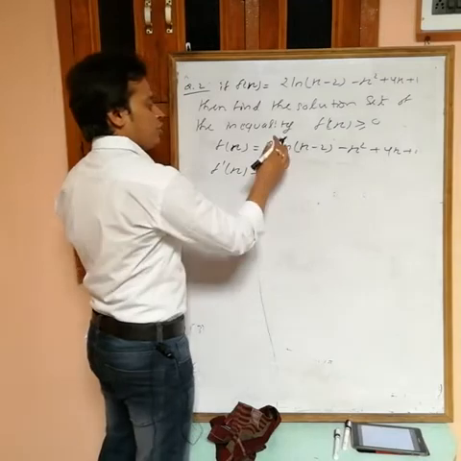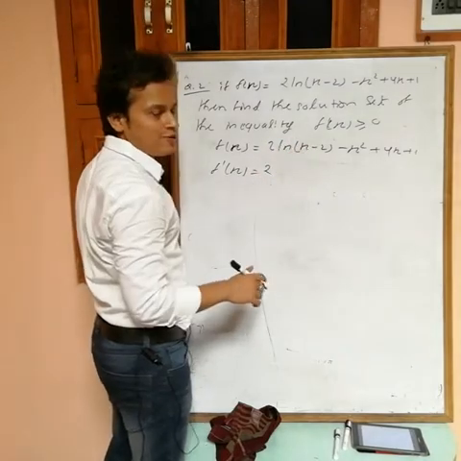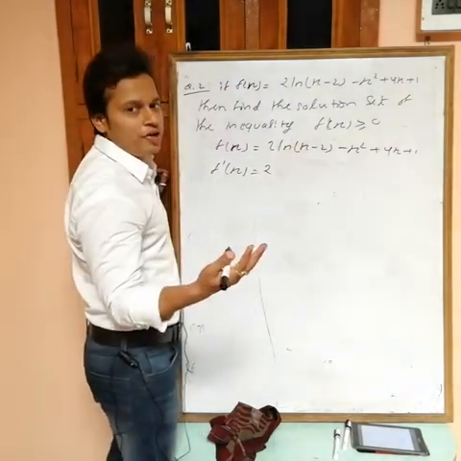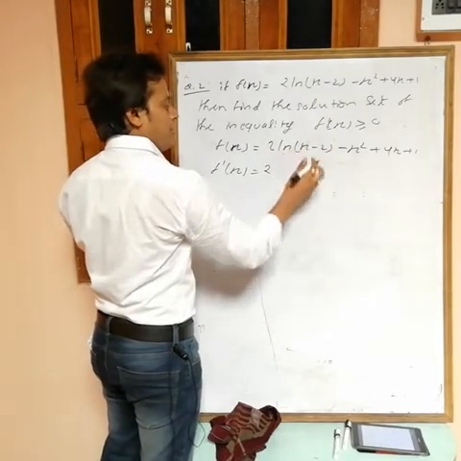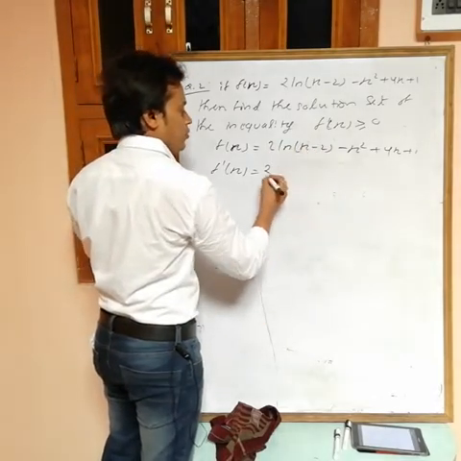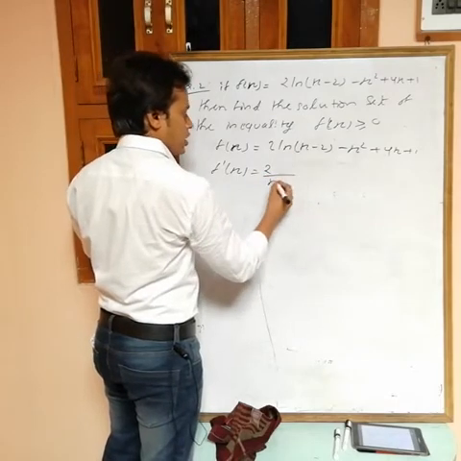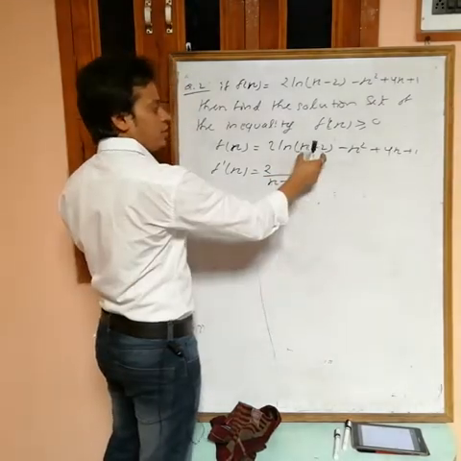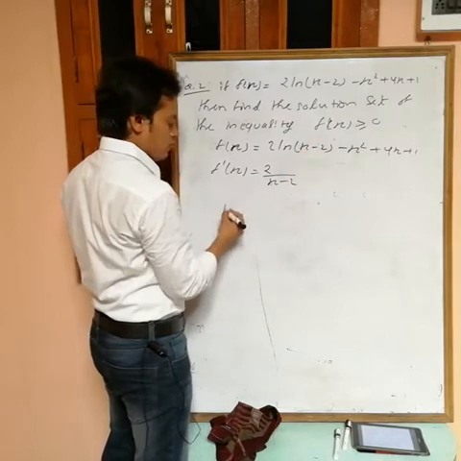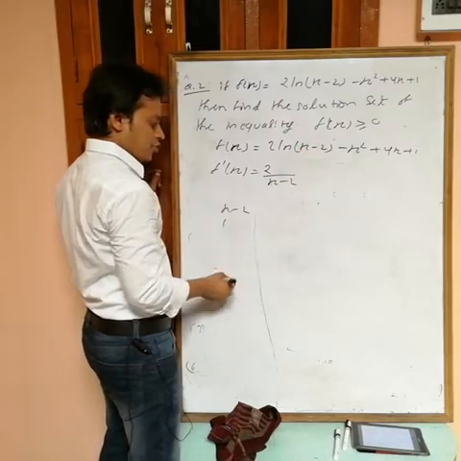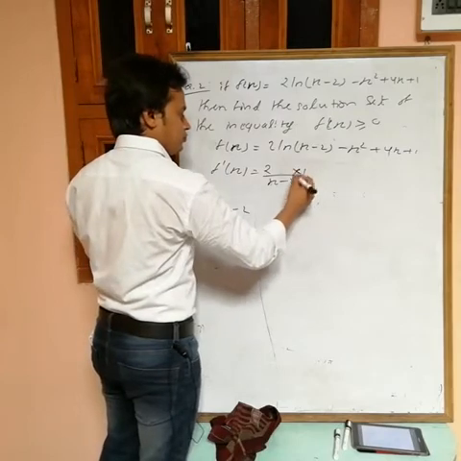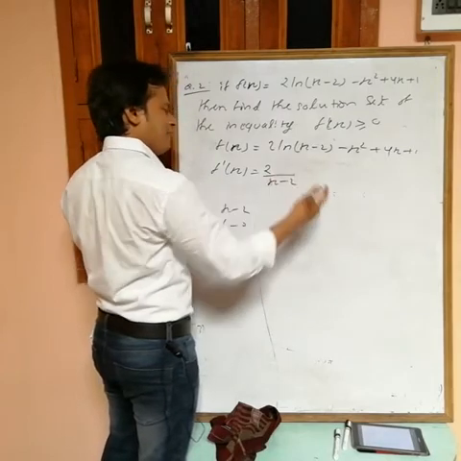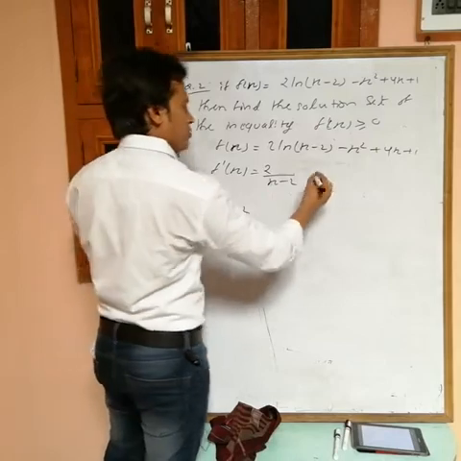2 is a constant. Do you have the differentiation of ln(x - 2)? The differentiation of ln x is 1/x. So I am assuming this one as x, then the differentiation of ln x is 1/x, where x is x - 2. Now again differentiate the inner part, x - 2: the differentiation of x is 1 and of 2 is 0. So 1 into 1. There is no need to multiply by 1, because 1 into anything is the same.